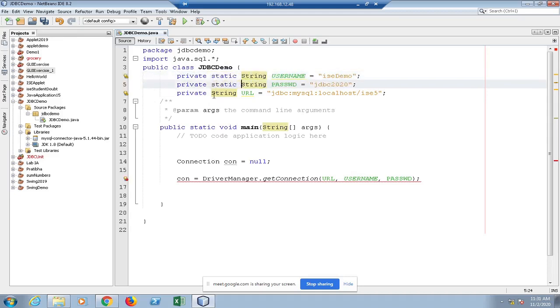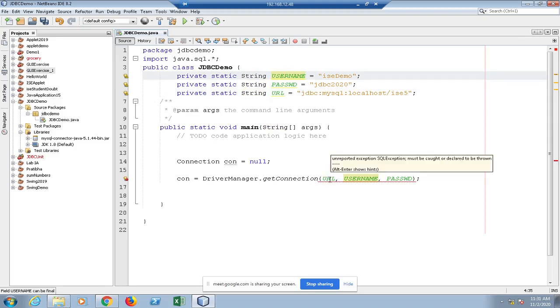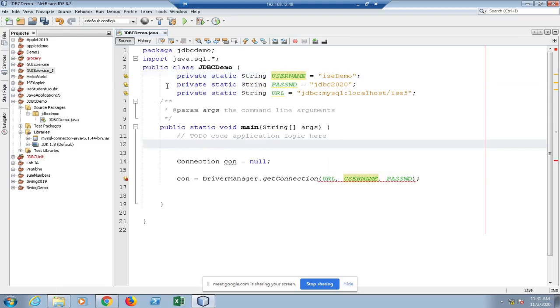I have moved the variables to class. I have created them as variables of the JDBC demo class. It was highlighting them in red. It was not allowing me to use private string within main.